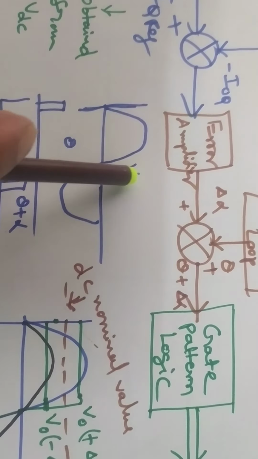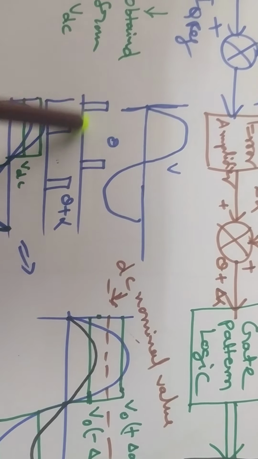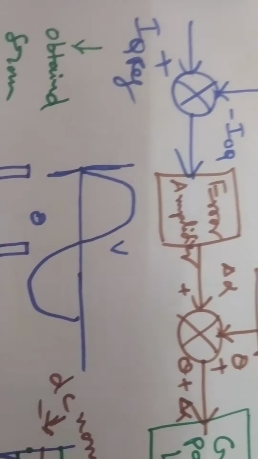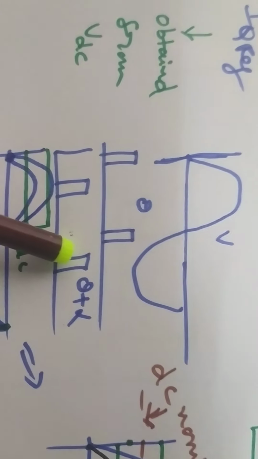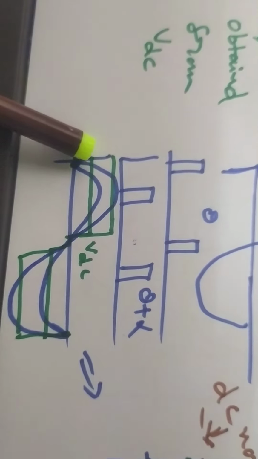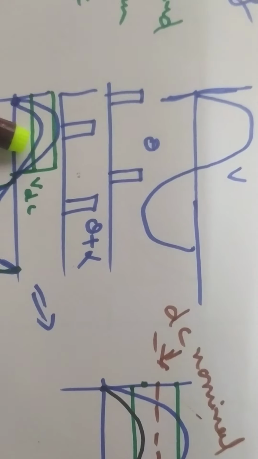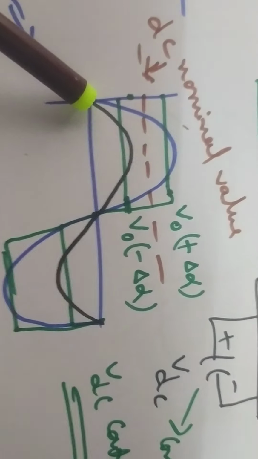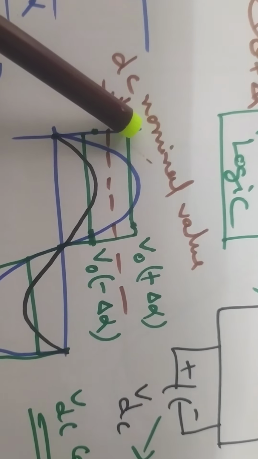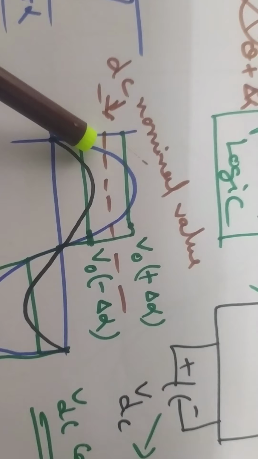So this is the AC voltage, the system voltage. This is the angle theta, and this is the theta plus alpha. The angle is controlled in synchronism with the system, and this is the VDC. This is the AC voltage. So we'll zoom it out. Here this is the DC nominal value. The DC voltage is more than the required nominal value, or is lower than the nominal value.